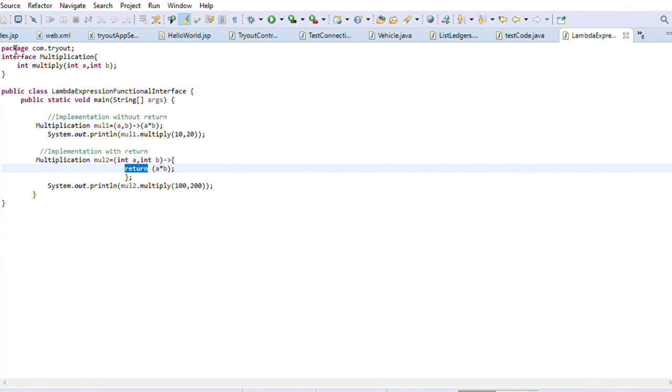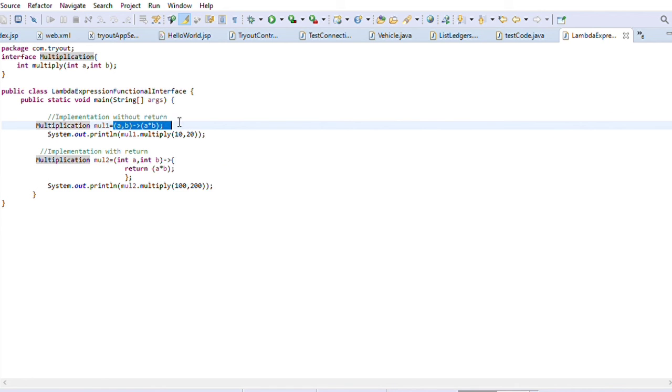Here I have created an interface which is Multiplication, in which I have only a single abstract method, which is multiply. After that, in my class I have public static void main, and I have two implementations of this method. First one is the implementation without return, and second one is the implementation with return.